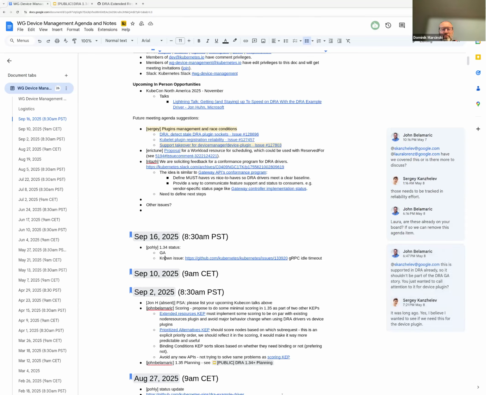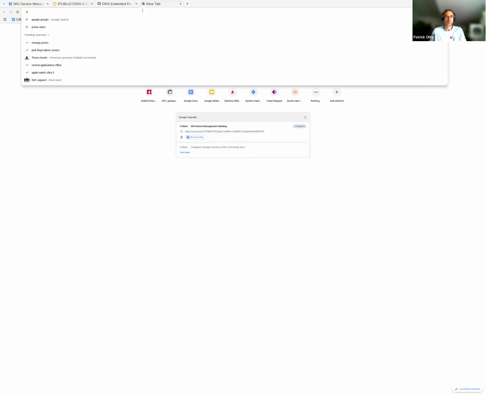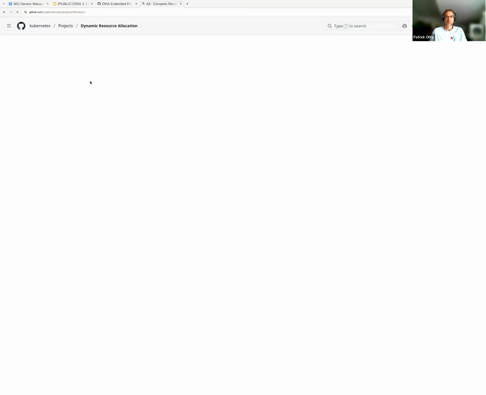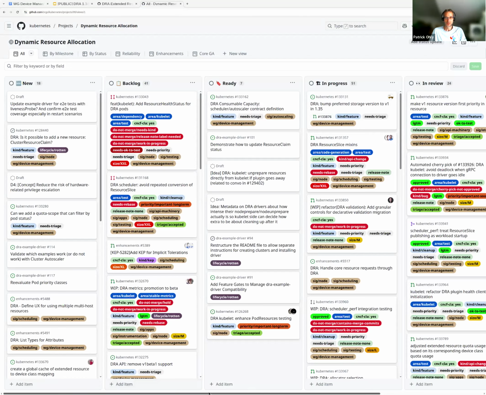In general, if you want to look at what's going on with DRA, let me also open our dashboard again, in case you're not aware. This is the high level view of what's going on.